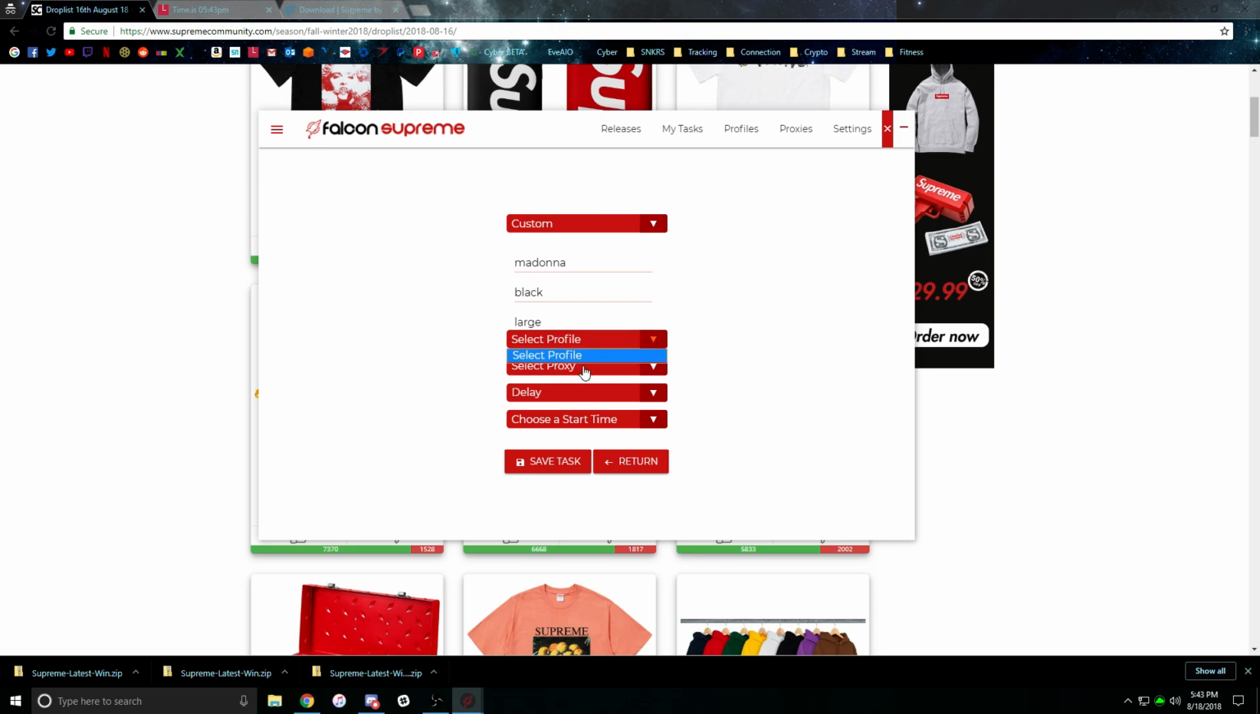Here you would select a profile, which is the billing profile and the card you want to use for this item, which you set up in profiles here. Proxy, you would select a proxy if you need one, and we'll touch on that once we get there, but you would set that up in the proxies tab. And your delay that you set up, we recommend 2.5 for actual drops, or anything between 2 and 3. 2.5 seems to be what we've had the most success with, so I would go with 2.5 for an